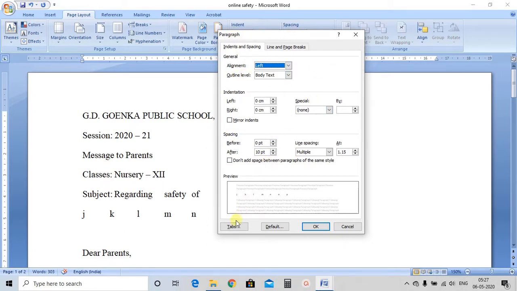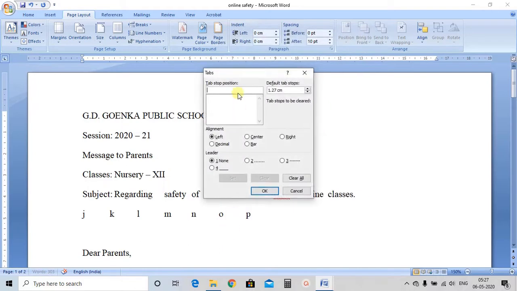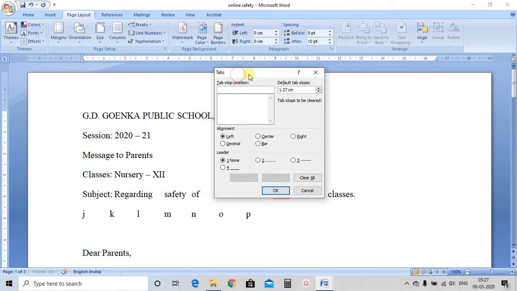Then on this paragraph dialog box, at the lower left corner you find a button that is Tabs. Click on this, it will open a tabs dialog box. See, default tab stop is mentioned as 1.27 centimeter. When you convert this into inches, it is equal to 0.5 inches. Now if you want to increase or decrease it, you can write here, suppose I want it to be 2.0.